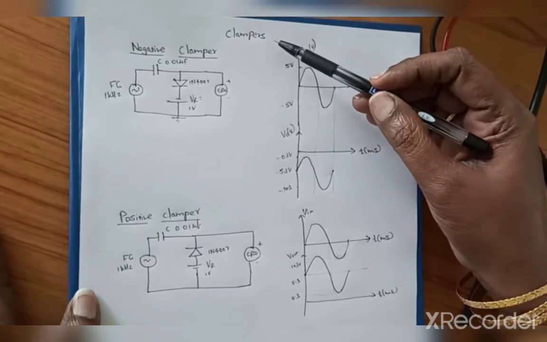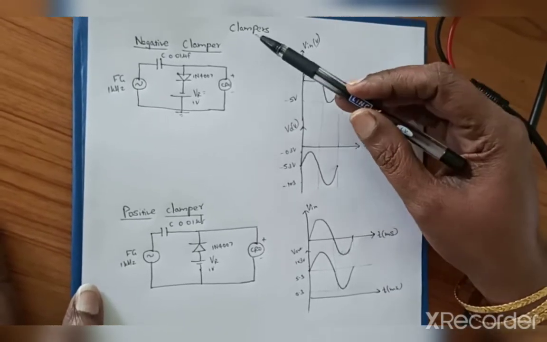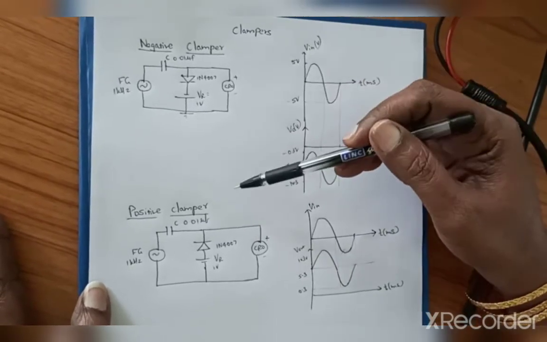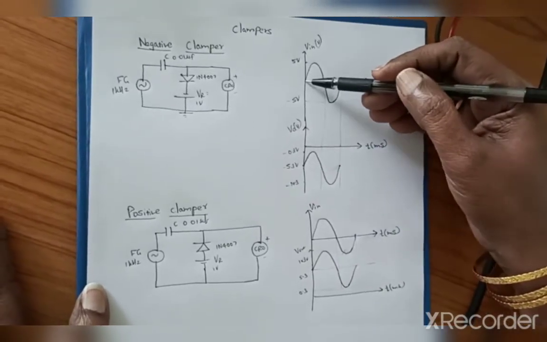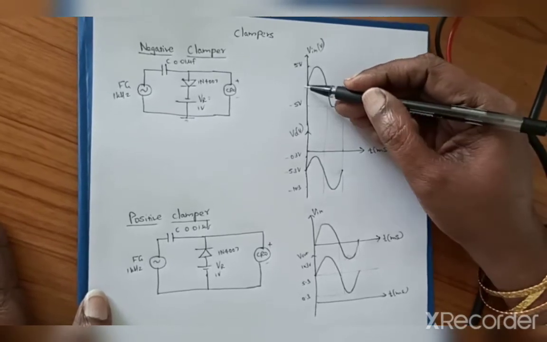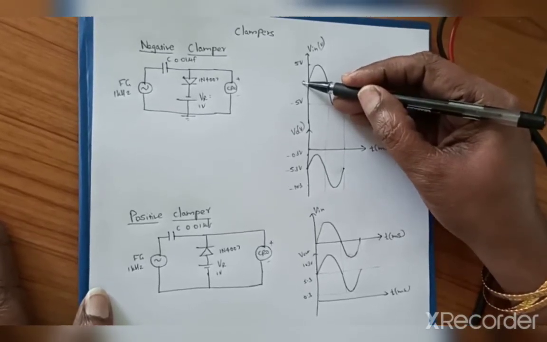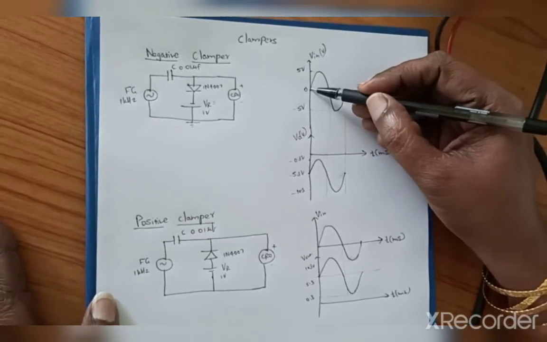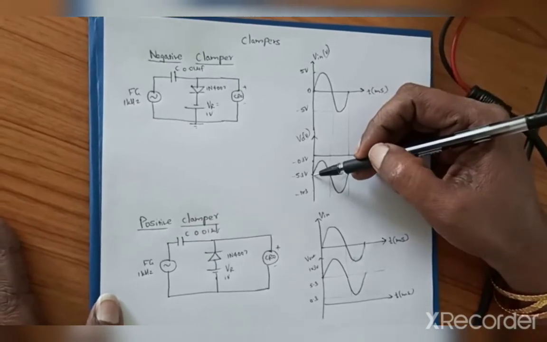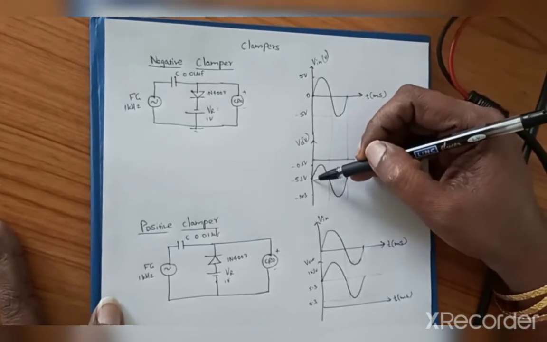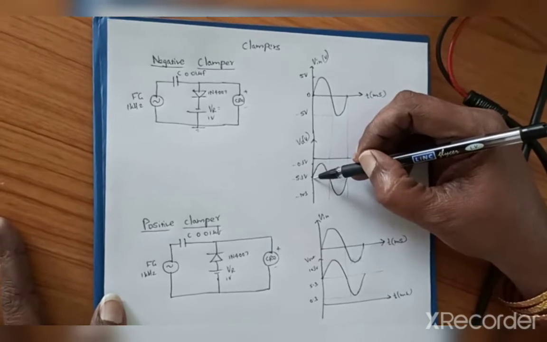The last part of the first experiment is clampers. Under that we will be seeing negative clamper and positive clamper. The purpose of the clamper is to clamp the signal to a new DC level. Initially, the input waveform starts at 0 volts, but now I want to clamp this input waveform to some other DC level. That DC level is going to be here. A negative clamper means the new negative DC value is going to be here, minus 5.